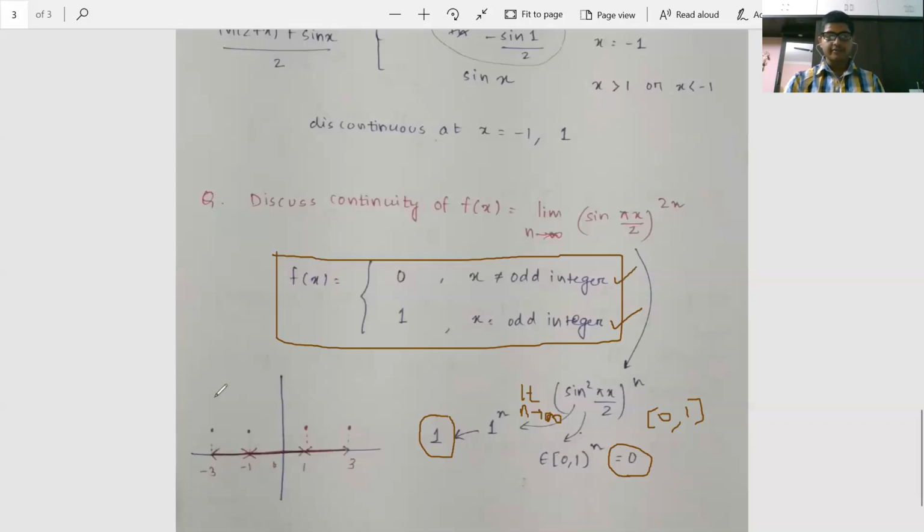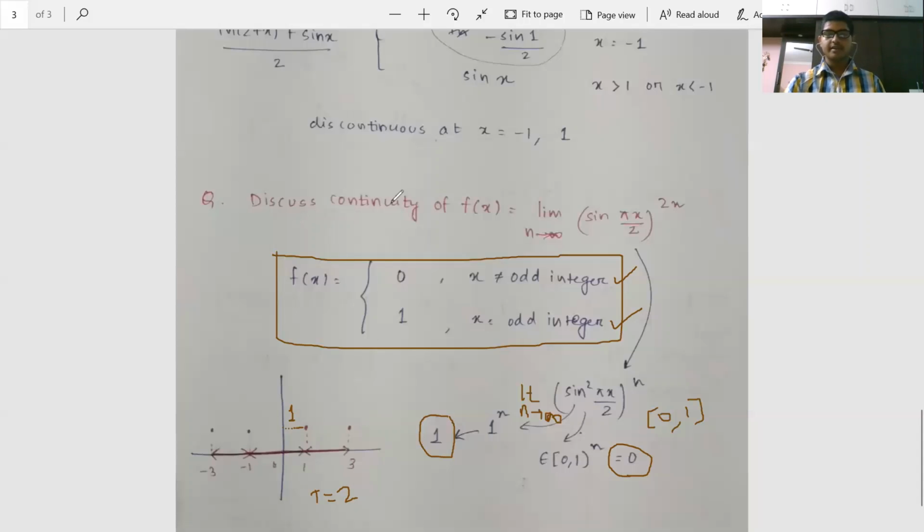So the graph of the function is going to look something like this. By seeing the graph, you can easily comment about continuity and differentiability, all those things, as the graph is a very powerful tool. So this is 0, this is 1, minus 1. So at odd integers, the value is going to be 1. So this value is going to be 1. Clear? As we have just derived above. Otherwise, the function is going to be 0. So you can clearly see this is a periodic function with period, let me denote by capital T, period of 2. Clear? And you can clearly see it is discontinuous at all the odd integers.